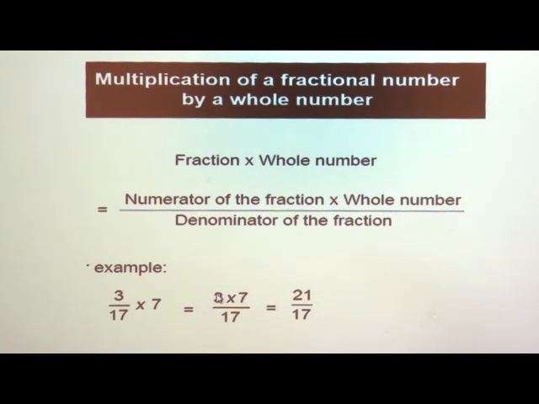Why am I saying this? Because it is a multiplication. If you multiply 3 by 7 or 7 by 3, the product remains the same. Product means the answer remains the same. We say the answer in a multiplication is nothing but the product. So, 3 7s are 21 and 17 as it is.